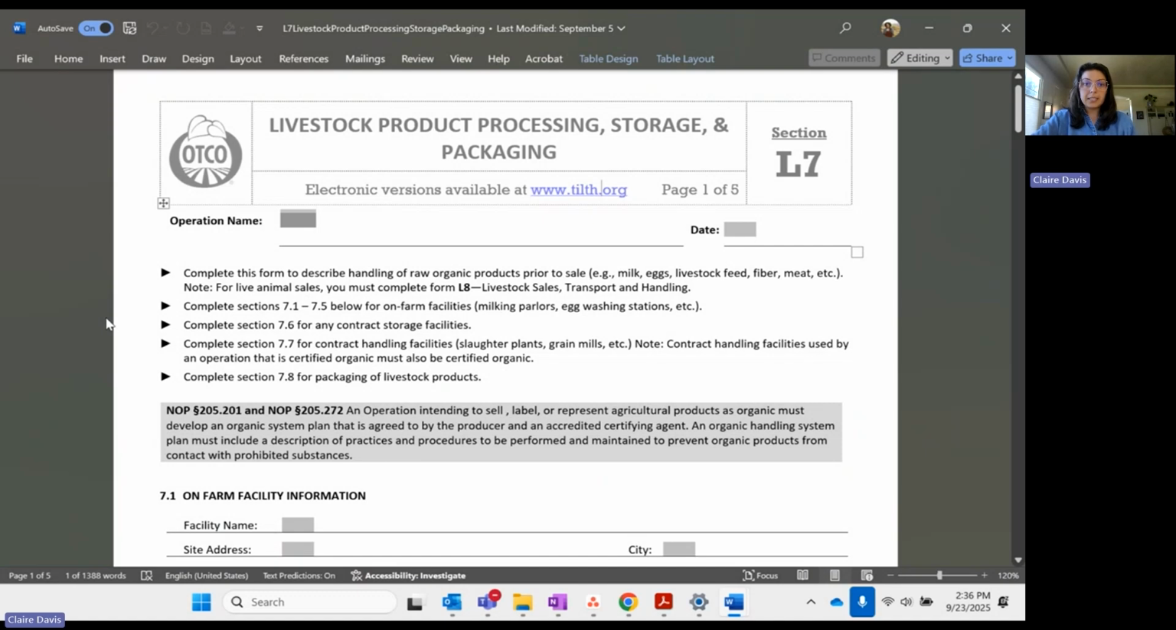Here we are at the L7, Livestock Product Processing, Storage, and Packaging. Now, this form is for the handling of raw organic products prior to sale and not live animal sales. For any live animal sales, we will use the L8 form. So this form covers milk, eggs, feed, fiber, meat, etc. If your operation processes multiple products, it will likely be easier for you to fill out one L7 per product grouping. For example, if you produce both eggs and milk, fill out one L7 for the eggs and one L7